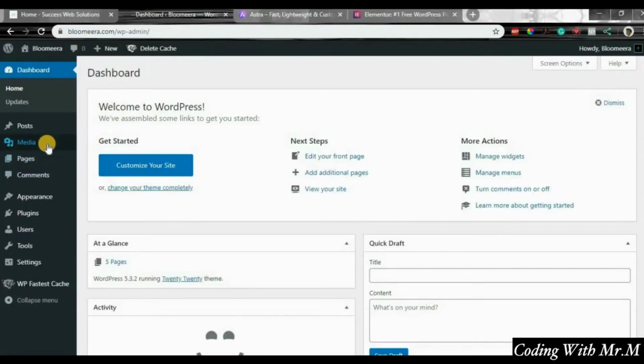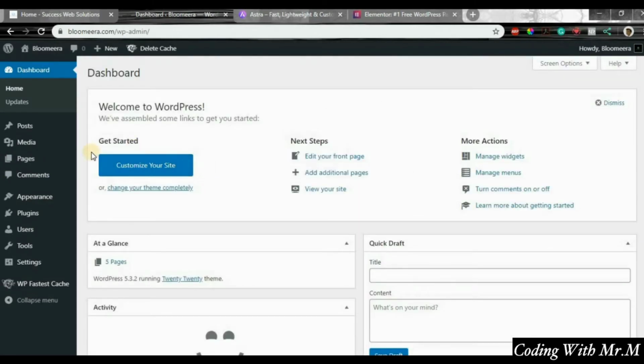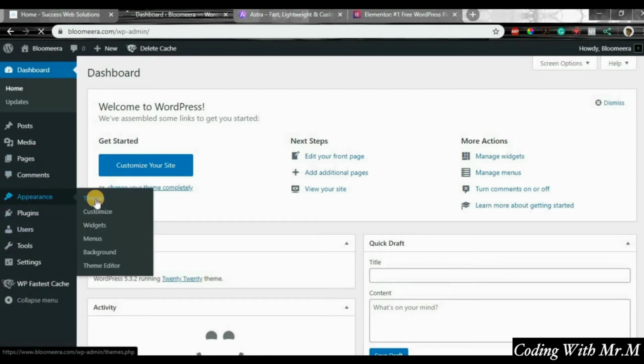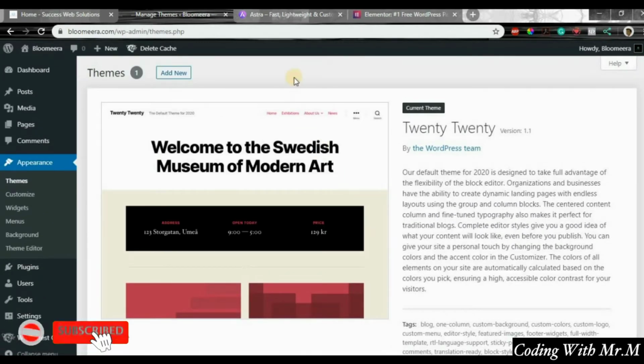What you want to do is, now that you're done doing what you've done, now you want to install another theme. Because if you want to get a WordPress website done as fast as possible, you want to have a theme that can do that as fast as possible. One theme you're going to have to install is this theme right here. It's called Astra,